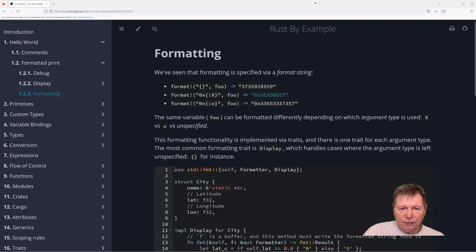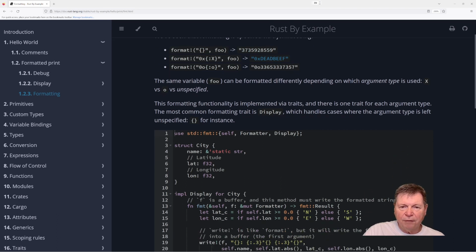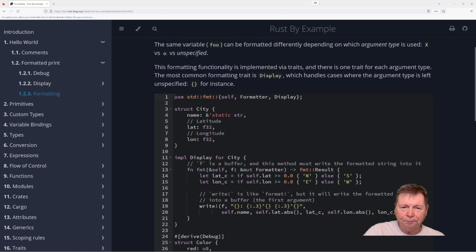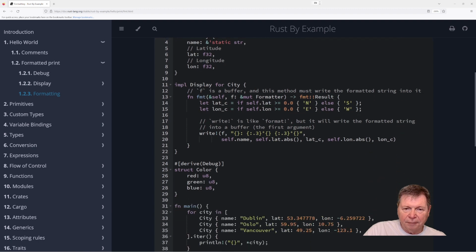So we had the X, we had the O, the octal. The same variable can be formatted differently depending on which argument type is used. Obviously, we've done this before. Formatting functionality is implemented via traits, and there is one trait for each argument type. The most common formatting trait is display. So here we have display, and we're going to